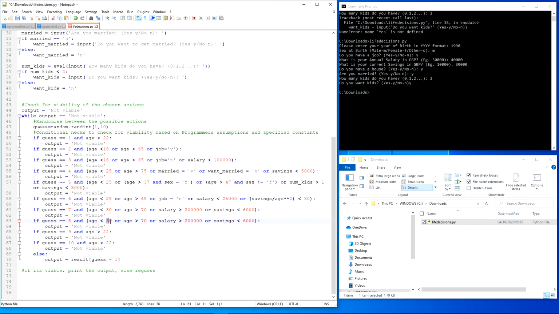Say you deserve a sabbatical between the ages of 25 and say 60, because beyond that you're close to retirement. Let's say 55, and your salary, say, greater than, I don't know, 80,000, something like this, say 100,000. If you're earning 80,000, why do you need to take a sabbatical? It's going to be a bit difficult to let go of that salary, and you need some savings, a lot of savings. So let's say, what,